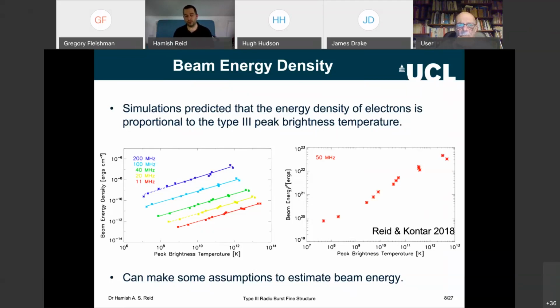But then there's also the extent of the electron beam that you would maybe have to estimate from type 3 interferometric observations, taking into account the likes of scattering and so on. So I'd say, in summary, we are taking incremental steps, and hopefully at some point in the not too distant future, we'll be able to use the type 3 radio emission to tell you a lot more about the properties of the electron beam.